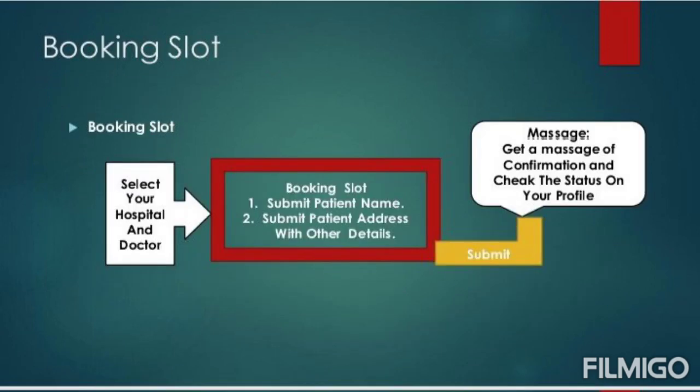Next, coming to the next slide, that is the booking slot, which is the booking page. On the booking page, a user needs to book his service by uploading the patient's name and other essential status, and can opt for any of the payment methods either online or offline. Next, coming to the assistant page. If a user is facing some sort of problem, then he or she is advised to go through this page where he or she can contact the service provider.